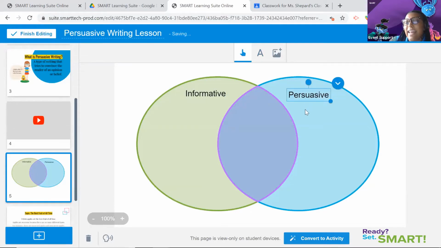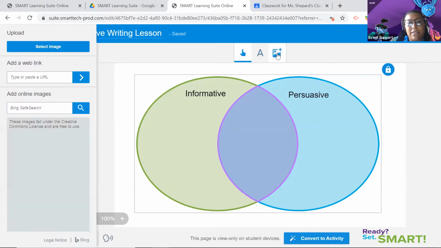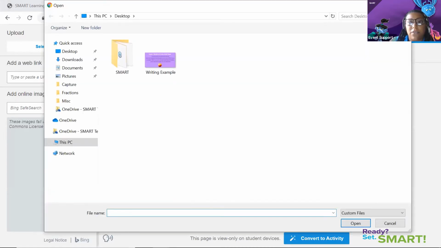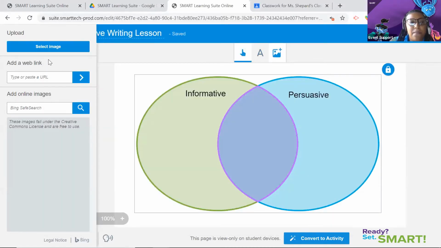I also would like to add in a picture. So the A is for our text. This mountain icon here brings us to our different multimedia options. So for our images, we can upload an image from our computer by just selecting select image. So if you have something saved on your computer, you can use that. You also can add in web links, or if you want to search the web here, you can search here